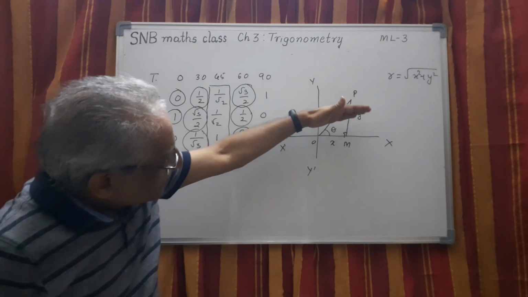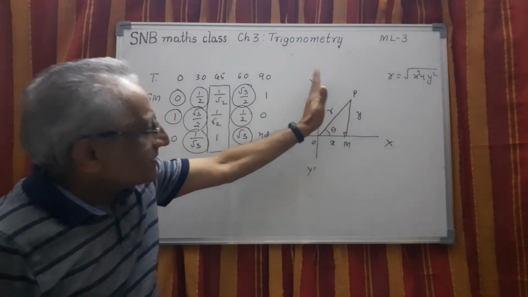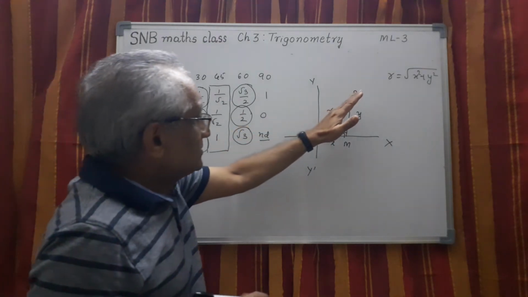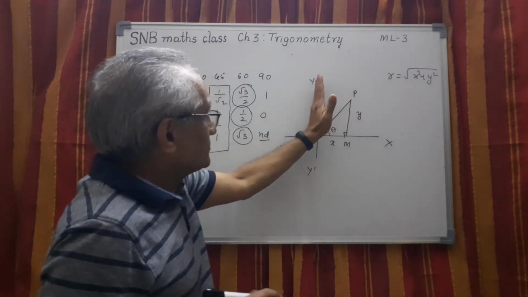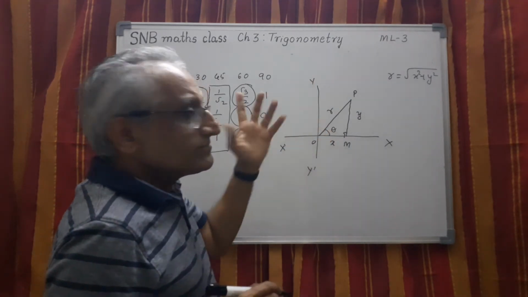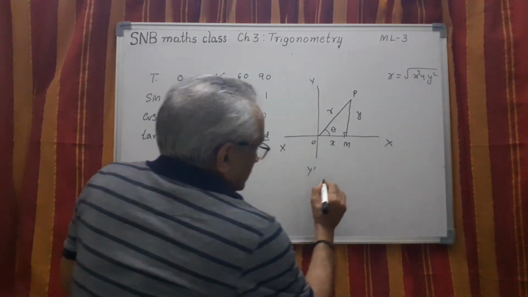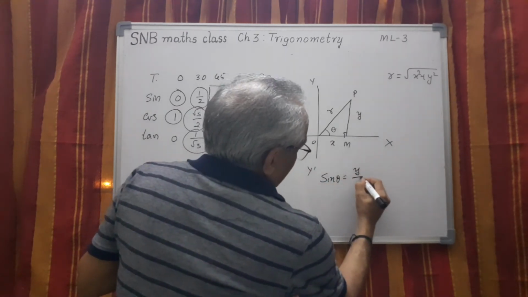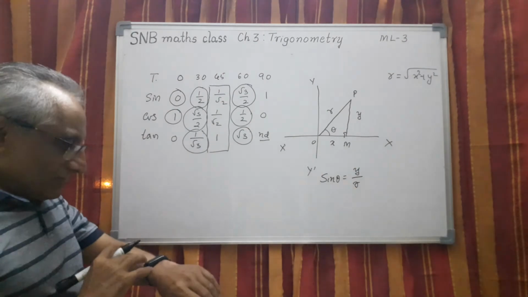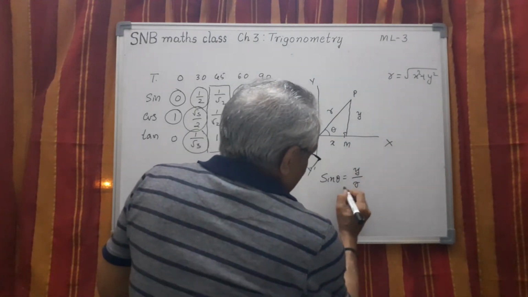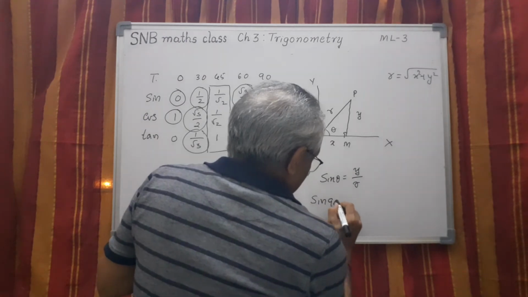Instead of taking this side, you take OP this side. What will happen? What do you mean by 90? 90 means when this OP exactly lies on the y-axis or coincides with the y-axis, this theta becomes 90. So therefore, sine theta will be equal to, as before, y by r. Now when it is 90, so sine 90 will be equal to